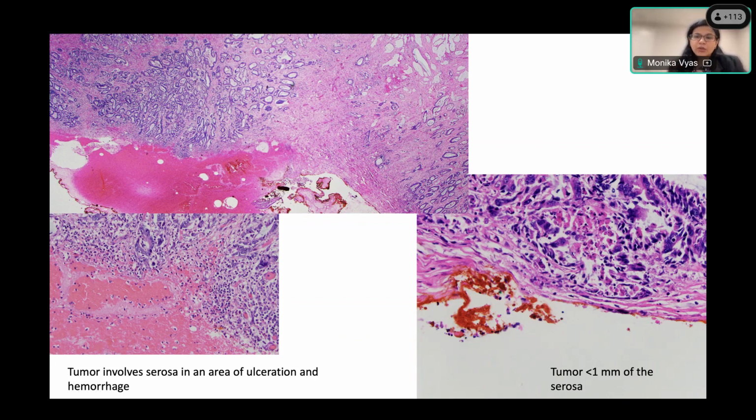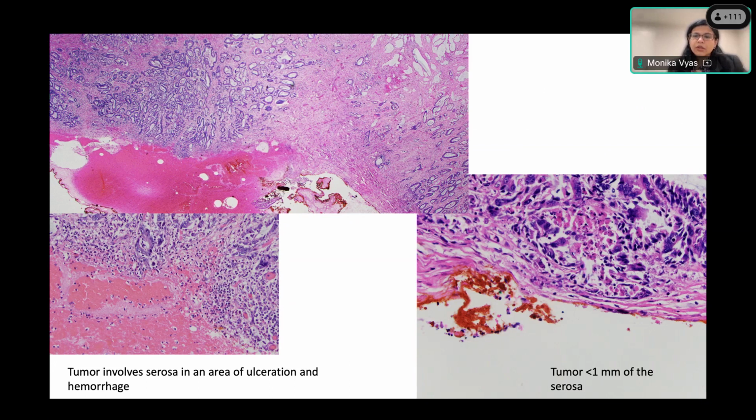So what I do in such situations, but you do see there's like a couple fibroblasts between the serosa. So some people would argue that this is still T3. In these cases, what I do is do multiple levels, and I think in 99% of these cases, I am able to demonstrate tumor on the serosa.